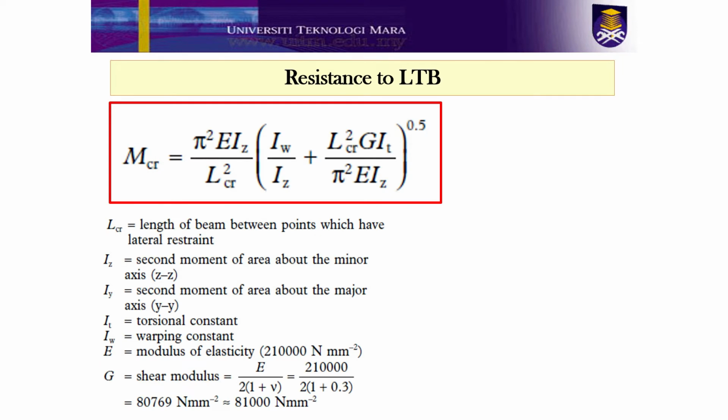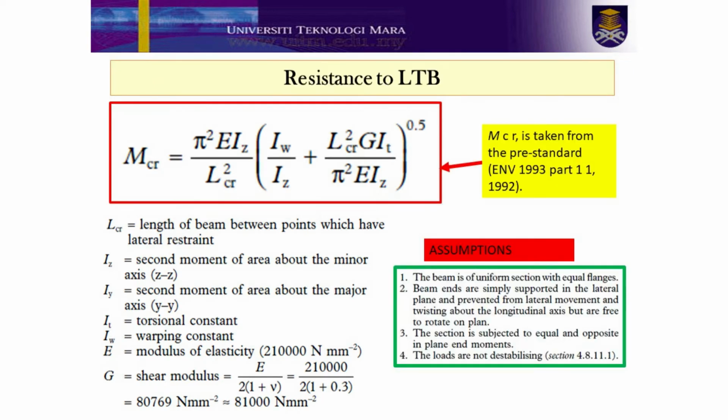EC3 provides no detailed information on how to calculate the design elastic critical moment of beams, but rather leaves it to the designer to use something appropriate. No reason for this omission is provided in the code. On that basis, therefore, it is recommended the formula for the elastic critical moment, MCR, is taken from the pre-standard ENV 1993-1-1, 1992, as shown in the red box. Bear in mind, the equation in the red box is derived based on several assumptions, which have been highlighted in